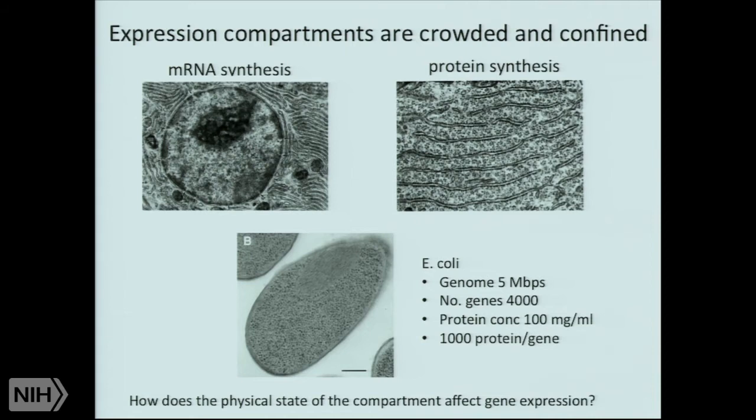You see there's striation here. This is the membrane. All these black dots are the ribosomes. Nature has designed these kinds of compartments in a purposeful manner to optimize the reactions differently in the different locations, and so on. And so even at the scale of a single bacterium, this is E. coli,